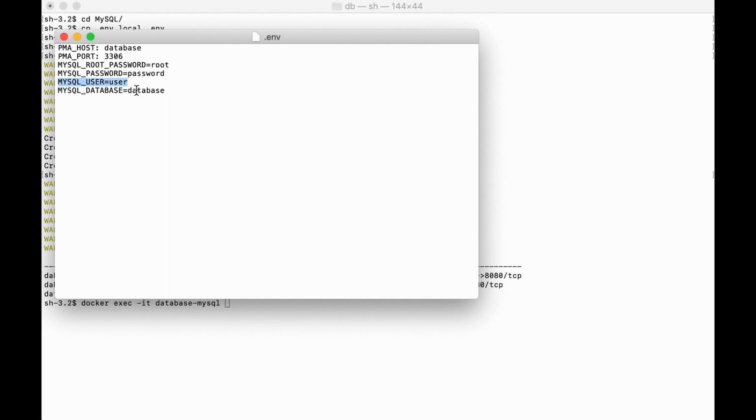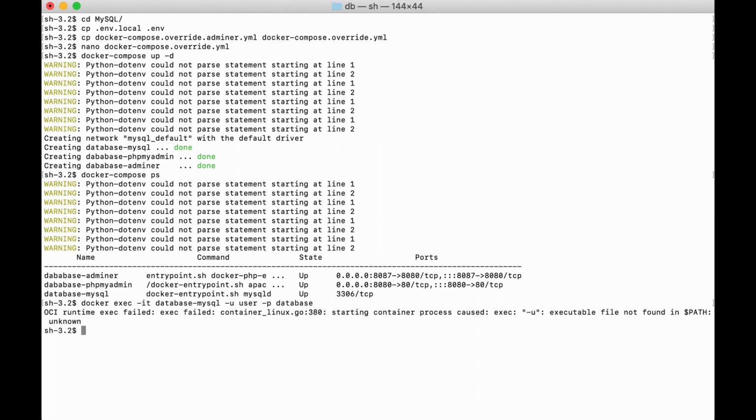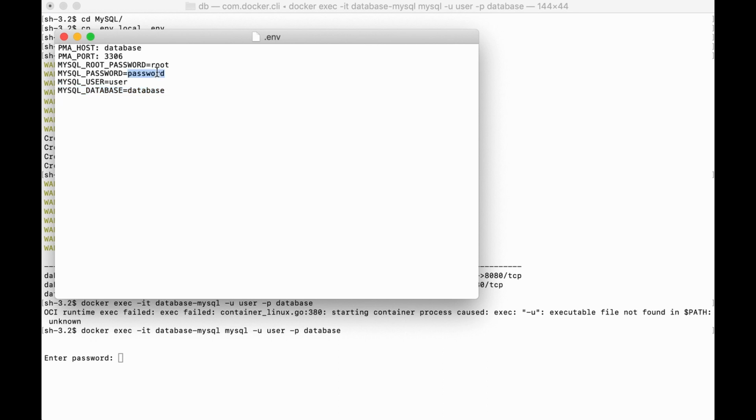All those parameters are set in our env file. Don't forget to type the password from the env file.